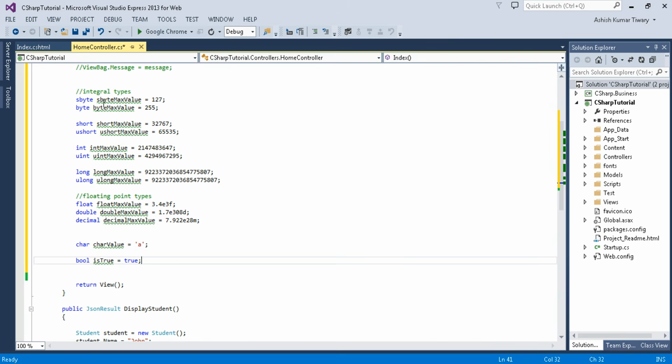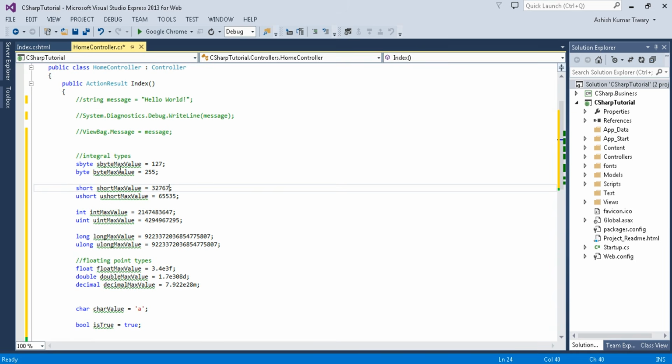Okay, so I have taken the maximum value of each type that it can support. So sbyte can store the maximum value 127, byte can store 255, and short max value 32767.